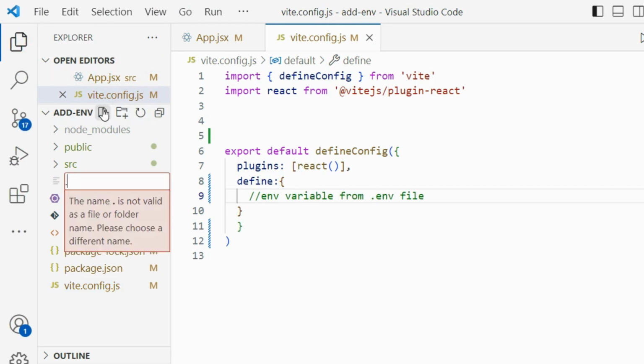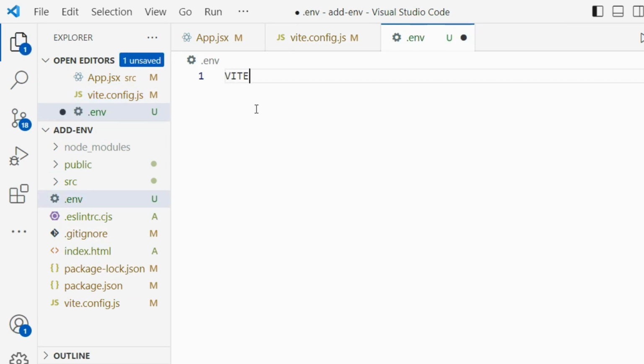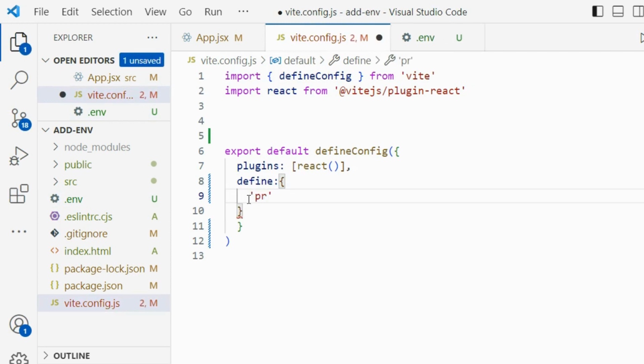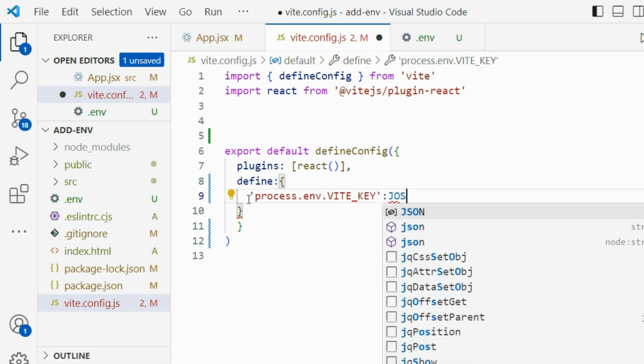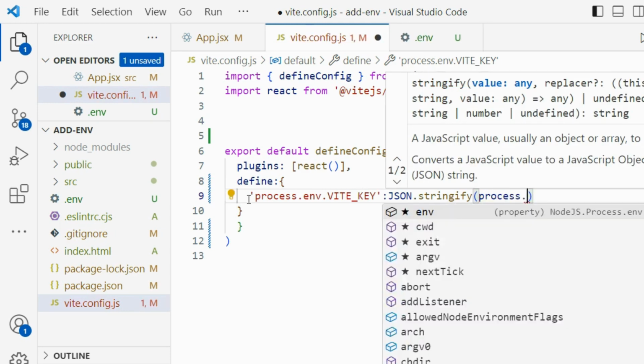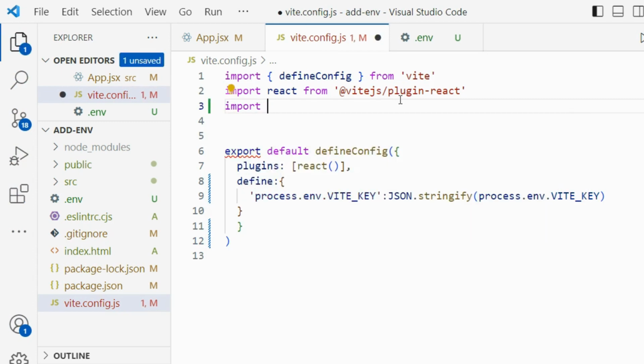Okay, first things first, let's begin by creating a .env file where you can securely store sensitive keys that you want to keep private and only want to use within your app. Moving on to the define object, I'll remove this comment. Here we can load variables from the .env file, and it's important to note the correct syntax for a key of an object. I'm using process.env followed by the variable's name. The reason behind this is that I'm resolving Node.js in my Vite app, and then obviously the conventional way of loading variables from a .env file. And make sure to download the dotenv module.